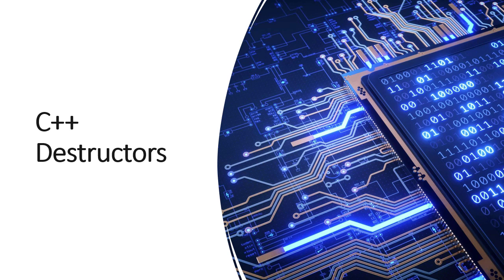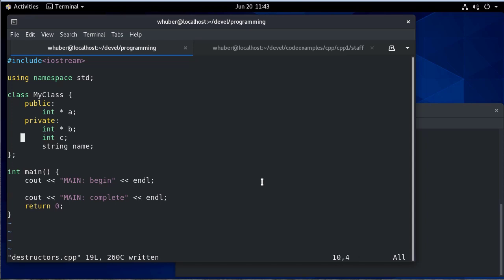In this video, we're going to talk about destructors and memory management in C++. So here we have a simple class that's been developed. There's a public integer pointer, a private integer pointer, a private int, and then a name. So let's write a